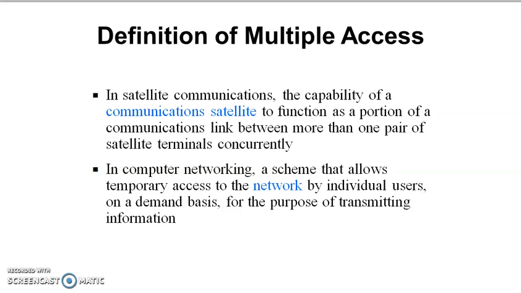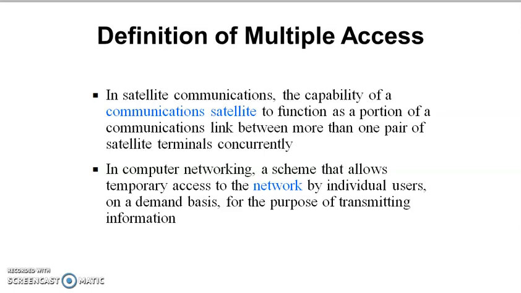Generally in communication we have a number of channels to be communicated or linked to a number of people. So that is why we can have multiple access or multiple terminals. In the case of a satellite, we can say satellite terminals. In networking, we can have different users connected for different purposes or by different means.